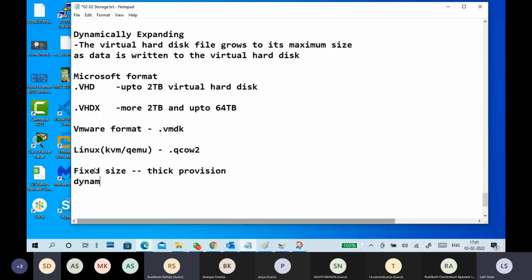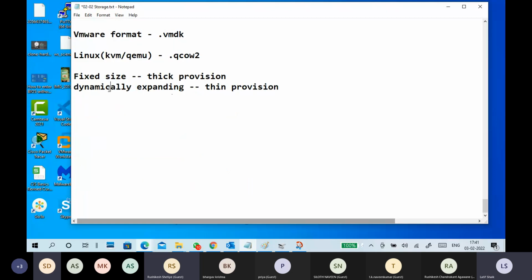Dynamically expanding is the thin provision concept, because thin provision is more popular, so that's why I wrote thin provision first. Thin provisioning means a dynamically expanding, compact size. Almost always, when you create a virtual machine, the hard disk is a dynamically expanding disk only.